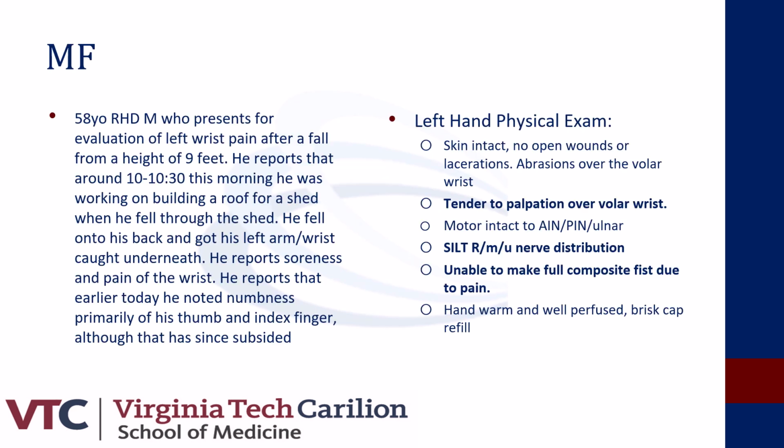MF is a 58-year-old right-hand dominant male who fell about 9 feet and was seen at the ED for evaluation of wrist pain thereafter. He reportedly was building a roof for a shed when he fell from that height directly onto his outstretched hand. He came in reporting some pain and soreness to the wrist and a little bit of numbness over the median nerve distribution, but nothing